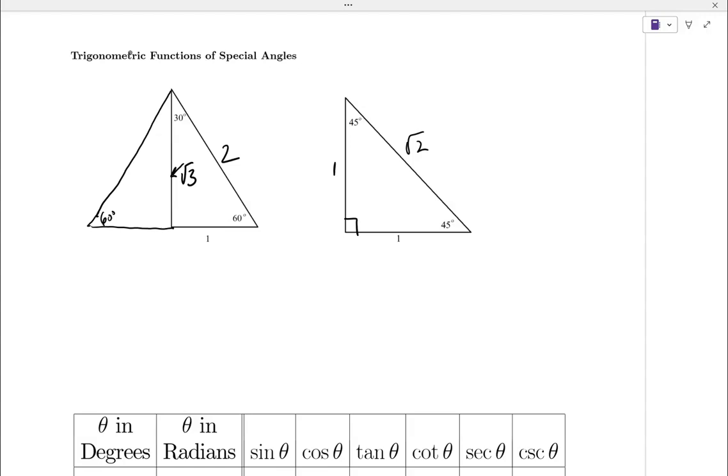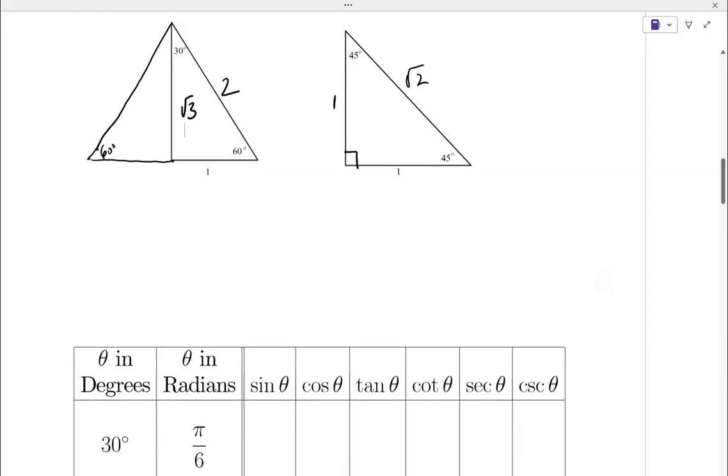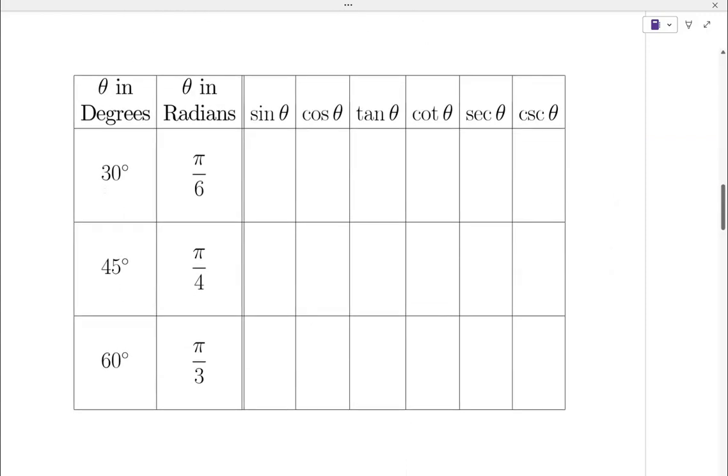All right. So now let me erase that little arrow I stuck on there. Now we can use the two triangles to help us fill out the table, because now we know how to do each of the ratios. All right, so let's see if we can fill out this table. Notice that I wrote the